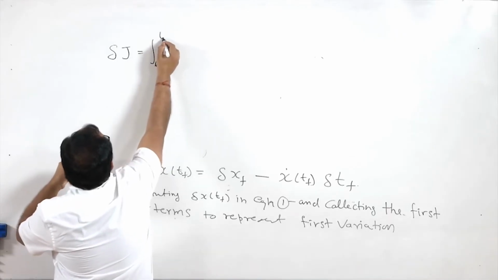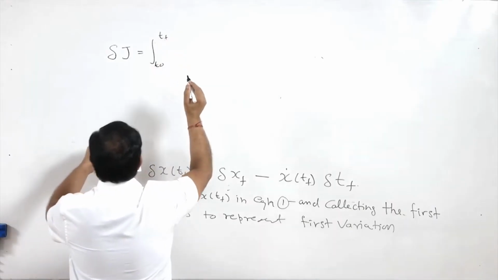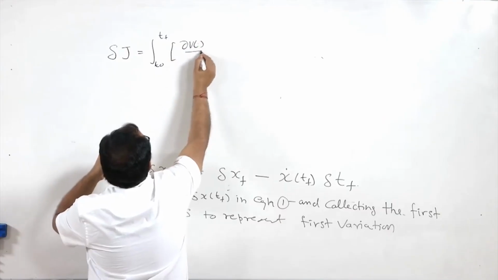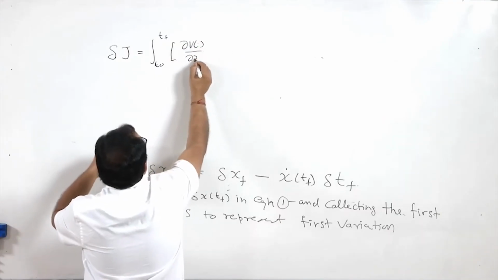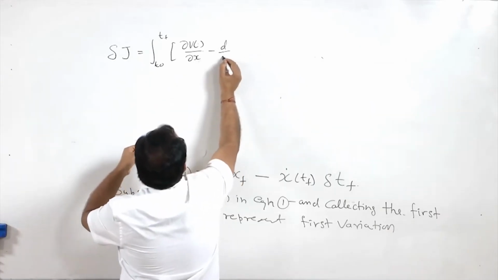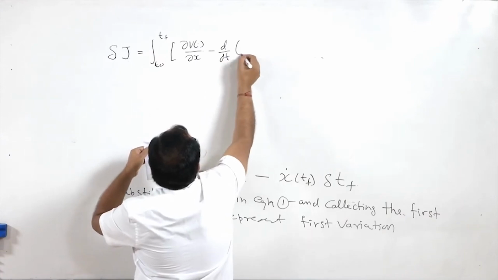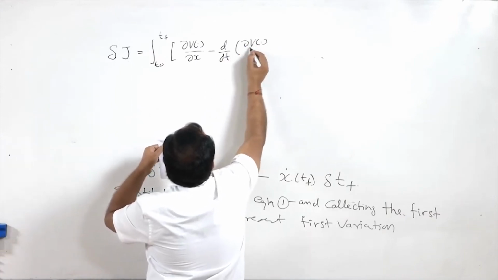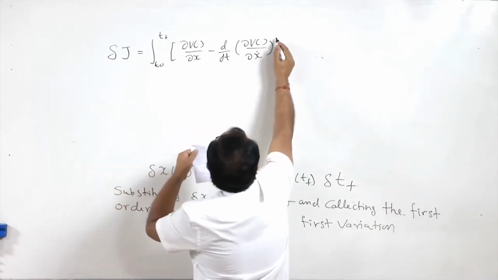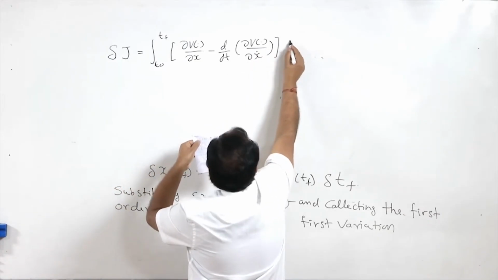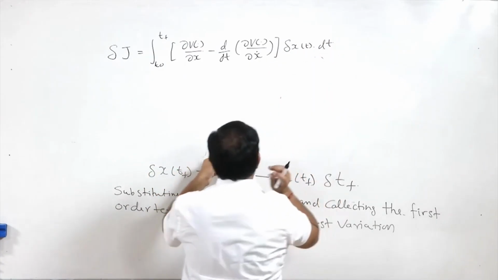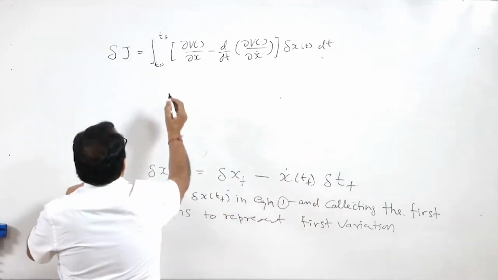integral T 0 to T f. So, the integral term will be del v by del x minus d by dt del v by del x dot, this whole multiplied with delta x t dt. So, this is the integral term, plus